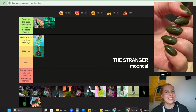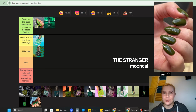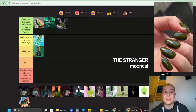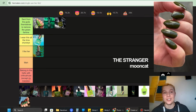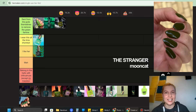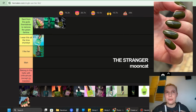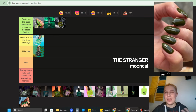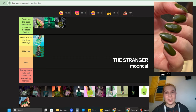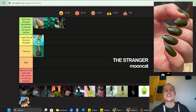We also have The Stranger. Now it's a simple creme. What can be that interesting about this creme? It actually is so good that it made me buy from Mooncat for the first time. It's fully opaque in 1 to 2 coats and it's so majestical. It's so muddy yet so bright at the same time. I rarely find a polish this muddy that looks so good. So props to Mooncat for this one, and it's definitely Sent from the Gods themselves to remove the green